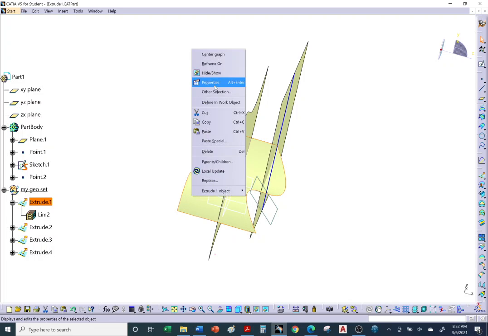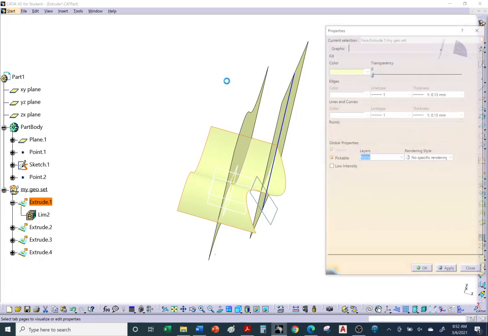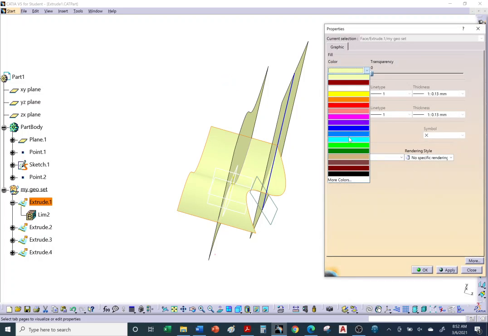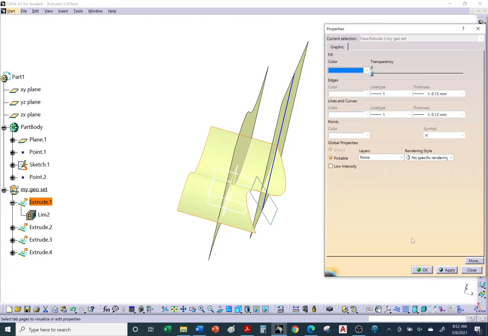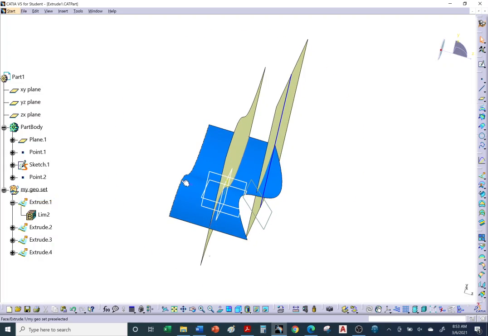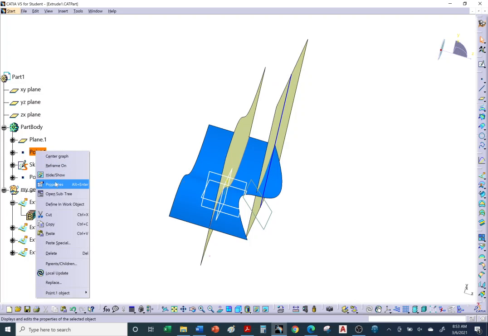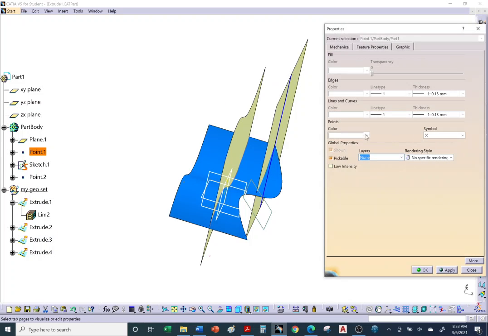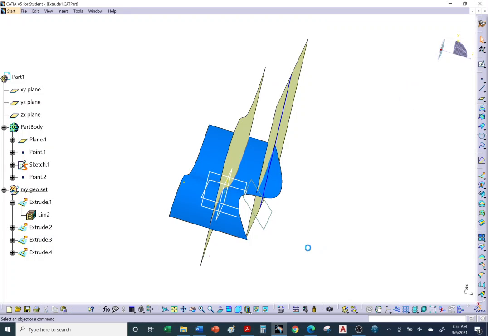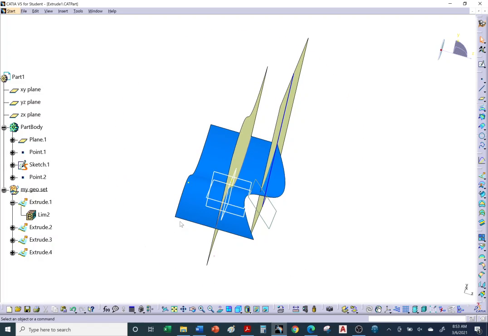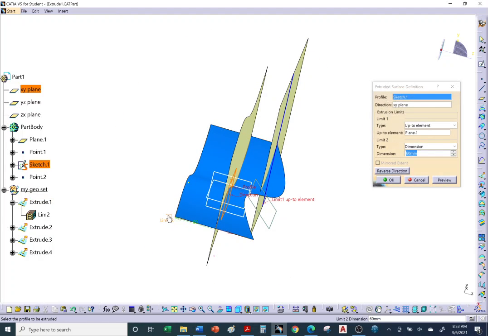Let me change the color of the surface. Right-click properties. Let's make it a blue. Okay, so there's a point right here. There's that point. Right-click properties. Let's see if I can change the color a little bit so we can see it. So there's the point, right? Point number 1. So let me go back to this blue surface, the first extruded surface we created, and let me